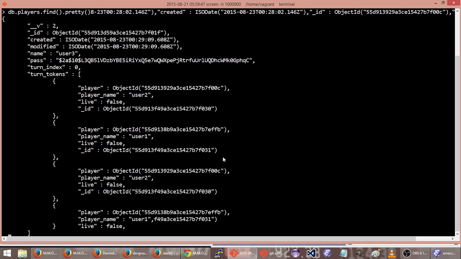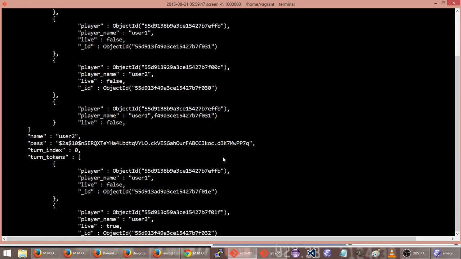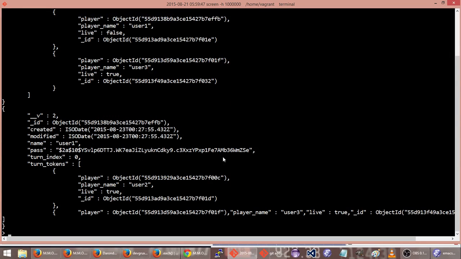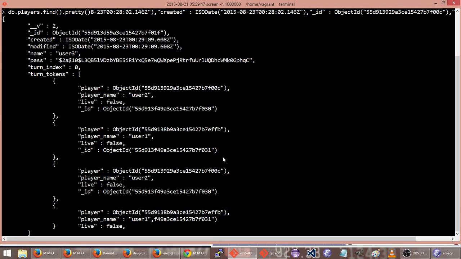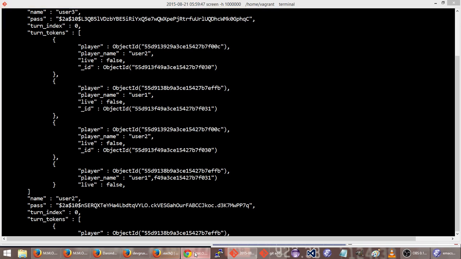Yeah, it's creating 4 tokens for him. User 1 false, user 2. Is it because